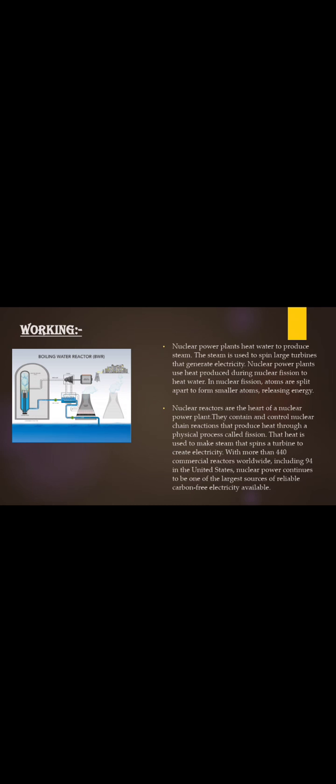With more than 440 commercial reactors worldwide, including 94 in the United States, nuclear power continues to be one of the largest sources of reliable carbon-free electricity. So, here we can see the diagram of a nuclear power plant. So, our next slide is